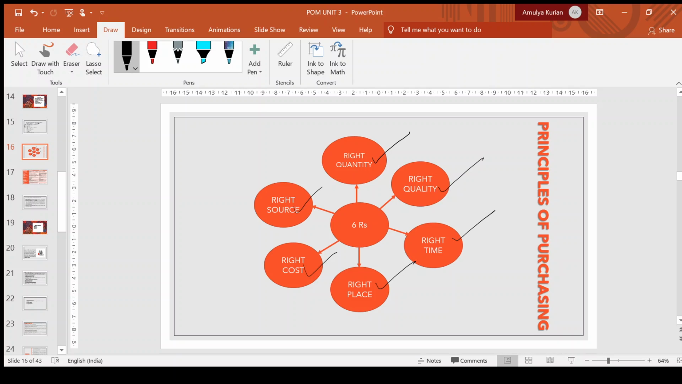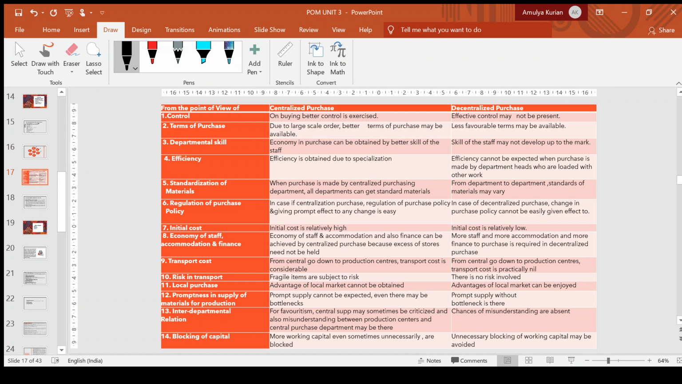There are advantages and disadvantages for centralized as well as decentralized purchasing. So let's see the difference now. I hope you understood. In centralized purchasing, there will be more control because only one purchasing department is taking care of all the purchases of the company. In decentralized, the control may not be so effective,